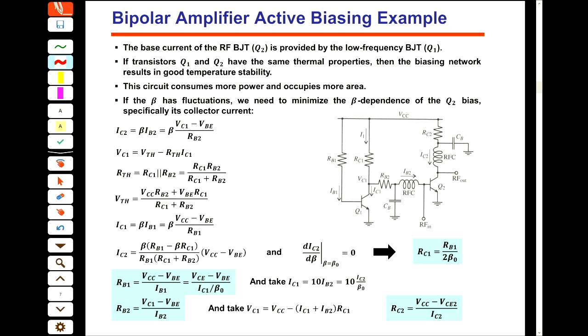Not a break time. Let me just follow this active biasing, and then we can have a break. So in the active biasing, I said that we use transistor Q1 as a current mirror of this Q2, and then I try to bias this Q1, and then the same current is passing through this. So the idea for the active biasing is that we would like to minimize